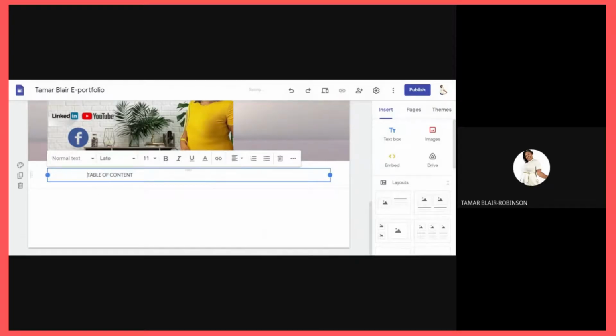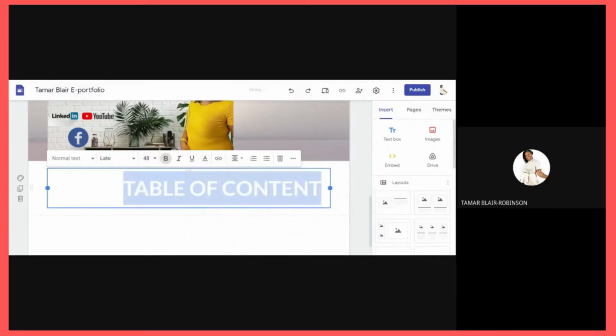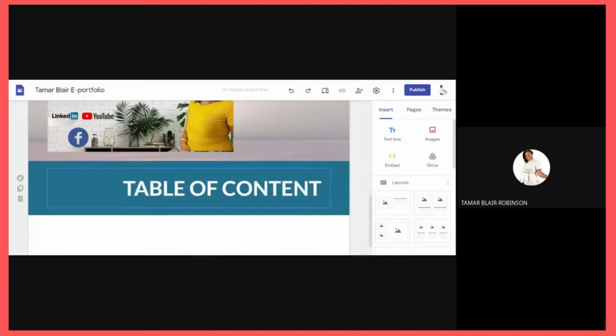Table of content, and you can use the alignment to put it in the middle. All right, center it, make it bolder, increase font size, add your color to it and so forth. Put yellow, white there because I wanted to use a section background which is blue. All right, good. Our next step now is to go to insert, because we want to put in our table